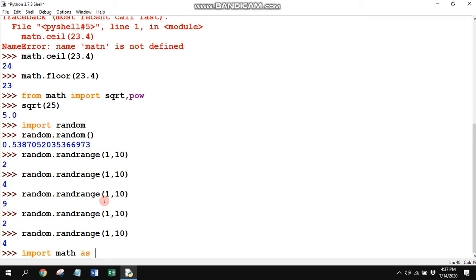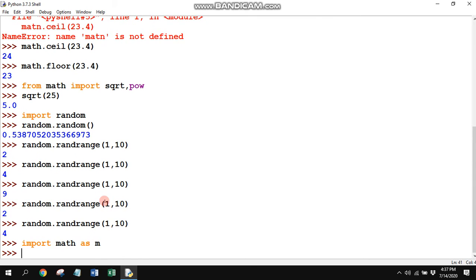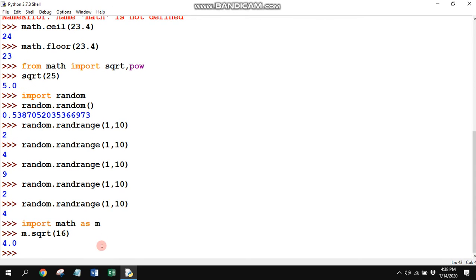Import math as, you can say Monty, or you can write MON, whatever the name, or you can write just a short name M: math as M. Then you will write M dot and the same function name which we have used here. So math has been converted into M now. So M dot sqrt 16 will give you the output.